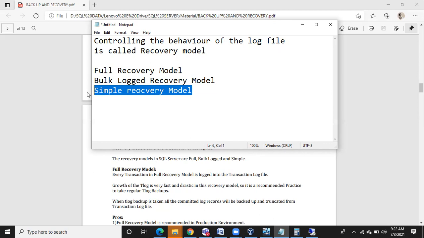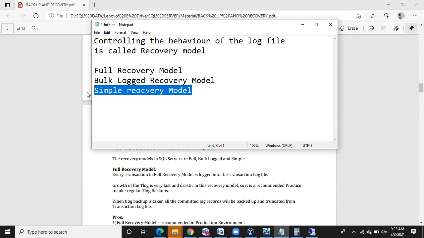Why does it store them? For redo and undo purposes. If a transaction is uncommitted, it will undo. If a transaction is committed, it will redo, in case of any power loss or any disaster. For redo and undo, it stores the transaction so that it can run the same transaction again on the database, or run the rollback of the transaction. So it stores the transactions temporarily until the data is committed to the data file. Once the data is committed, it removes the transactions from the log file, because once a transaction is committed, it isn't needed in the log file. This is the actual behavior.